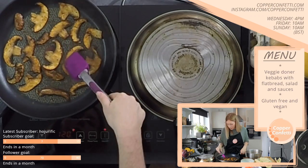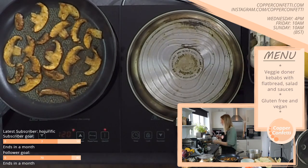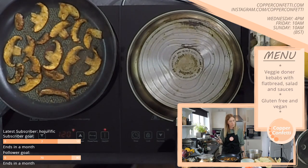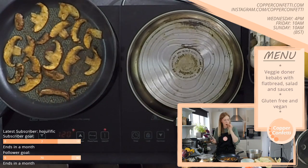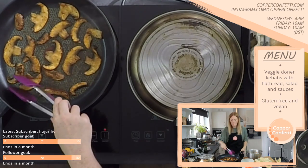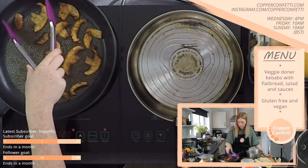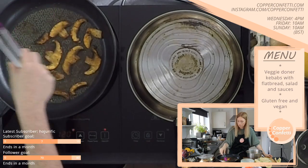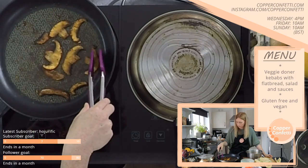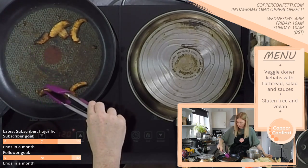What do we reckon? Do these need a bit longer? I'll try this one. Mm-hmm. I don't know. No, I think they're good. I think if I cook them too long, they'll start to go a bit more like mush. Oh, the flavour in that. Yum. I can imagine that's going to be really nice with all the other bits now. I was struggling to imagine how they taste, but...